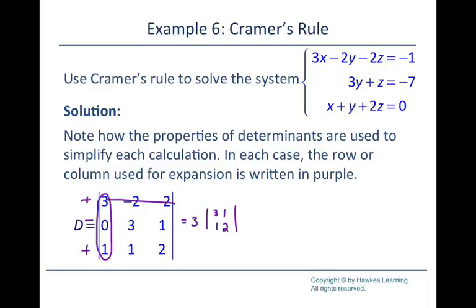Then it's minus 0 times the second minor, which is this one, so negative 2, 1, 2. Plus, and then we've got